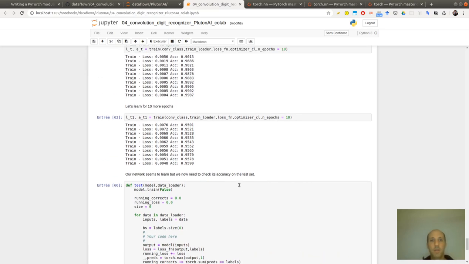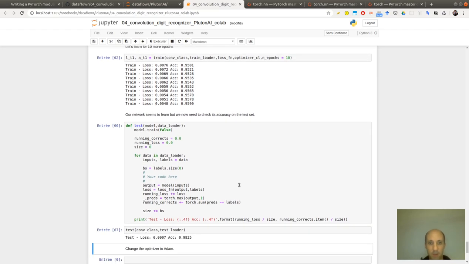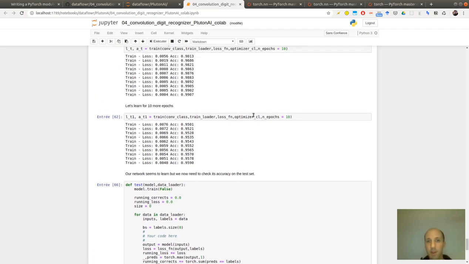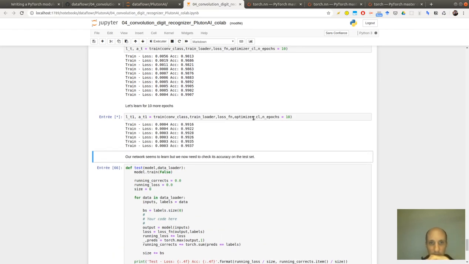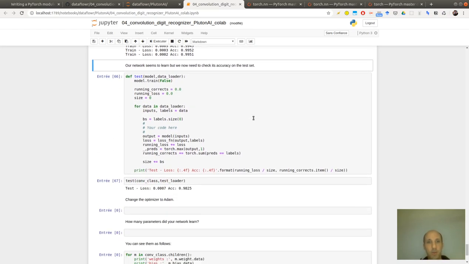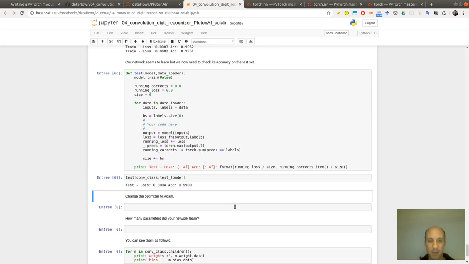Yes, 98%. Yeah, it's already kind of overfitting. Now let's see if we run it for 10 more epochs. Well, it won't change much. Okay, 99, so it's still a little bit better on the test.